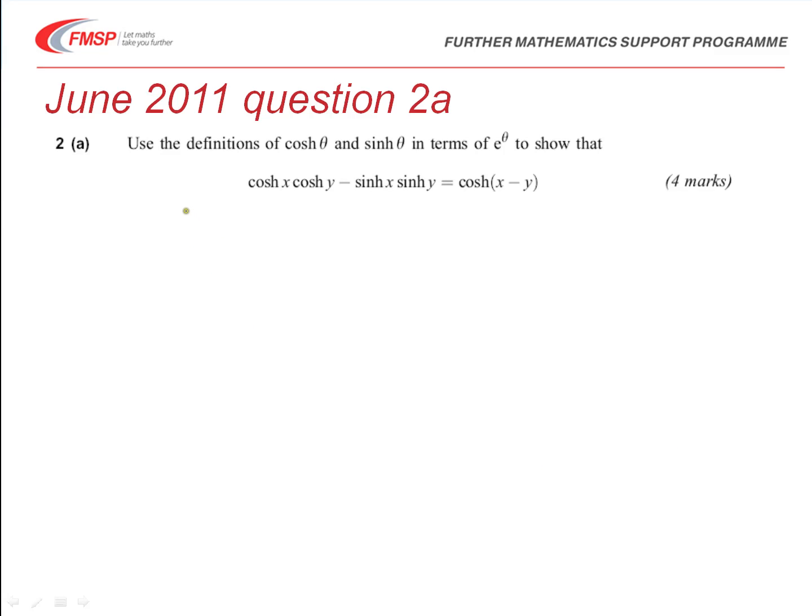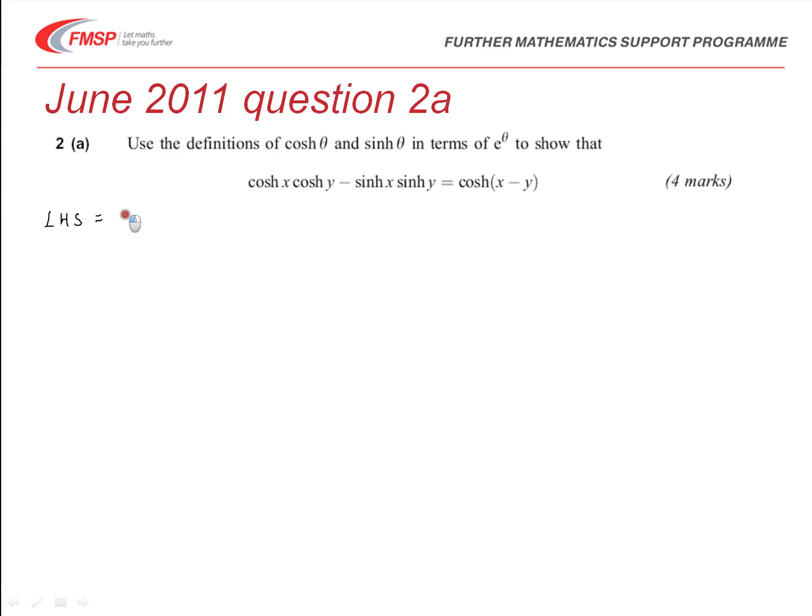So this first part, we've got to show that this is true. Generally speaking, I think it would be easier with this one to start with the left hand side, and then using the definitions of cosh and sinh, simplify the expression and hopefully come up with the expression for cosh of x minus y. So the left hand side then will become,